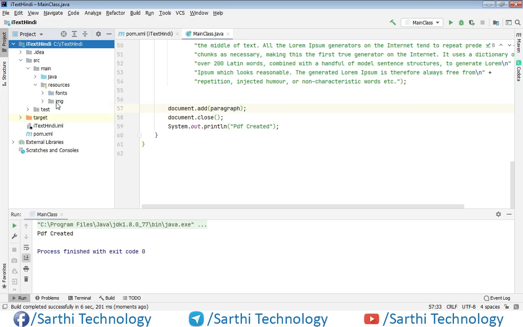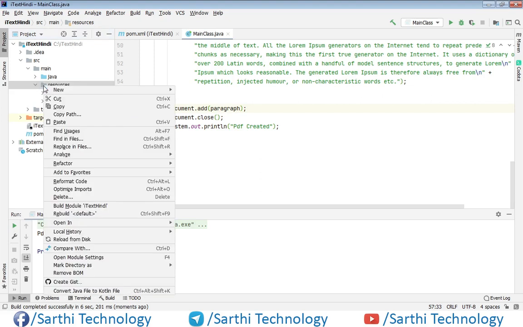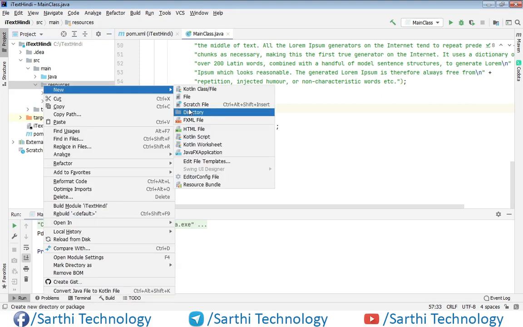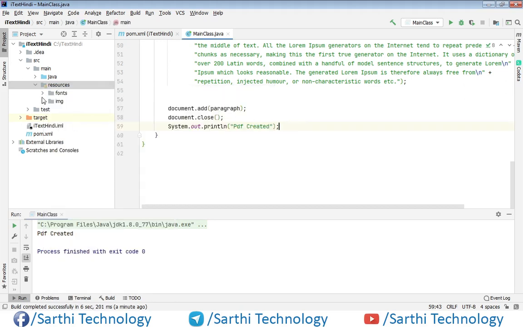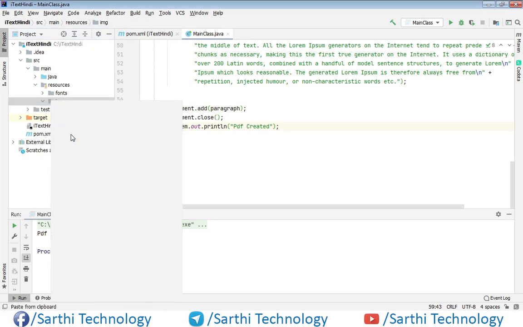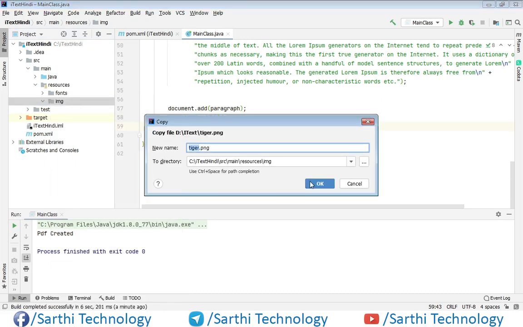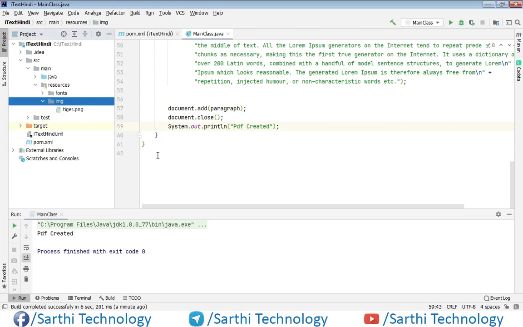If you don't find this directory, then you can just right click here, new, and create directory. In my case I have already created this directory, so I will just right click here and paste. Okay, and now we have the image here.